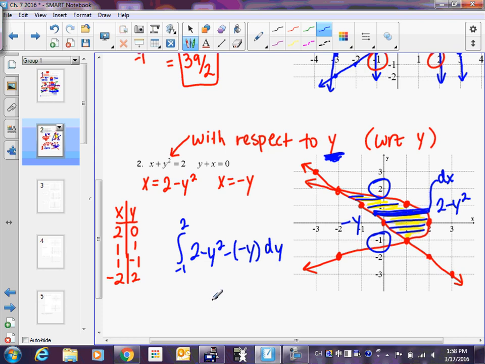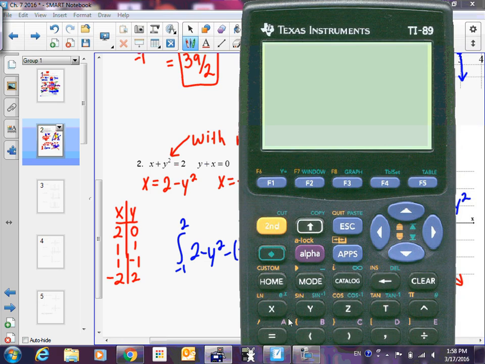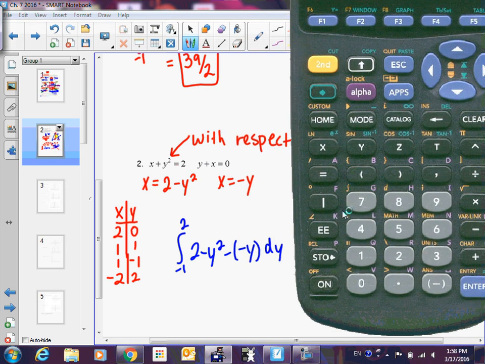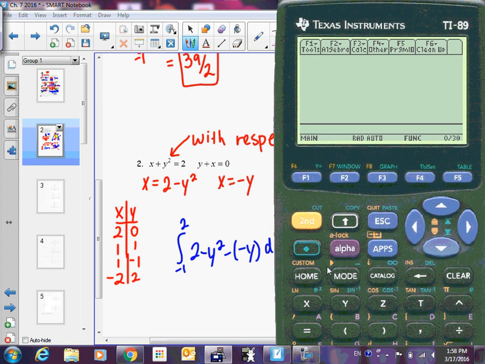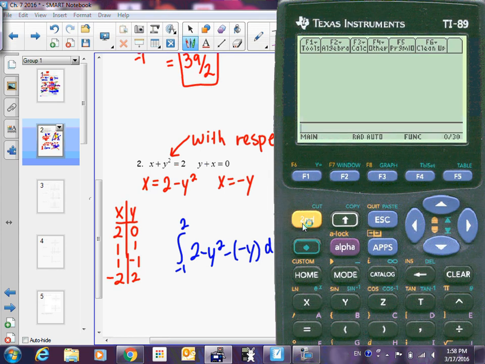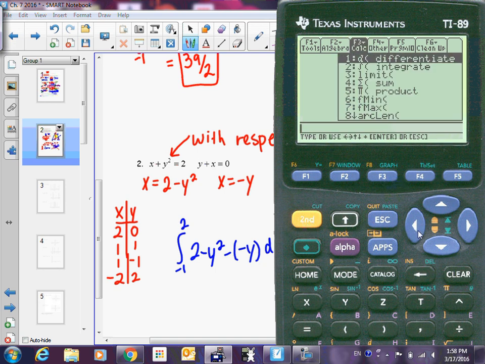Okay, so what do the directions say about integrating by hand or in a calculator? What does it say? Evens, odd. Okay, so we get to use a calculator here. If you think you might have something stored in for x or y or whatever, go ahead and clear your variables. And then you can go